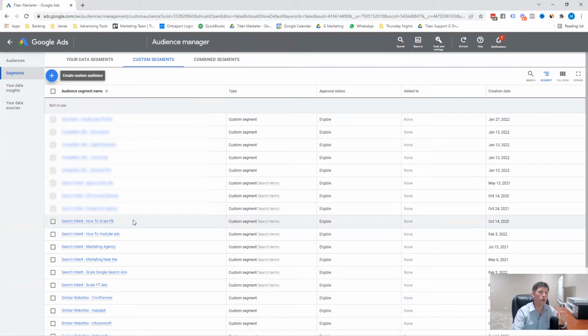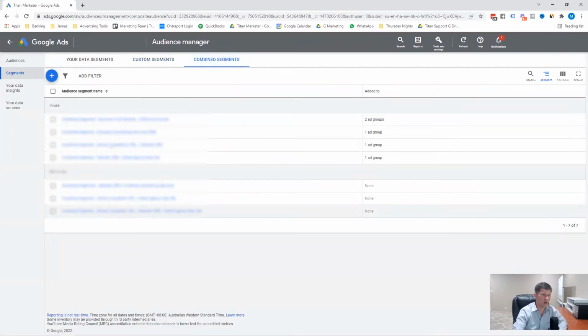We want to get more granular. We want to build a really, really targeted audience. We want to build an audience where it's the right person with the means to invest at the right time. Okay. And then we hit them with the right message. Okay. So what we're going to do is combine segments. So what we're doing is we're combining our audiences. So we can take a bunch of other audiences and we can layer them, right? So we click on combine segments,